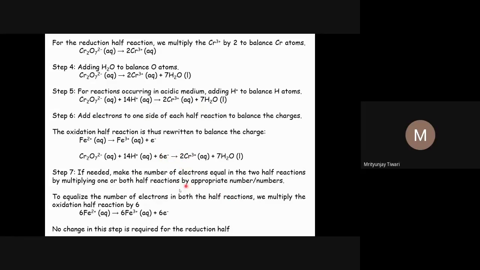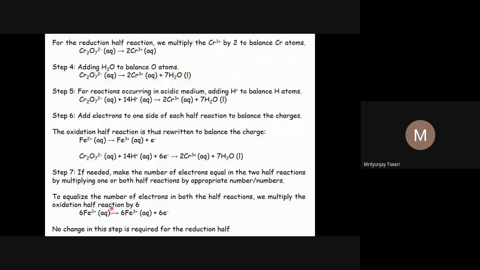So we have to multiply the first reaction with 6 on both sides. We don't need to make any changes on the second half because this is a simple multiplication ratio, 1:6. So we have just multiplied the first half reaction, the oxidation half, with the coefficient 6. So 6 Fe2+ now becomes 6 Fe3+ plus 6 electrons. And we don't need to make any changes on the second half, the reduction half of the reaction.